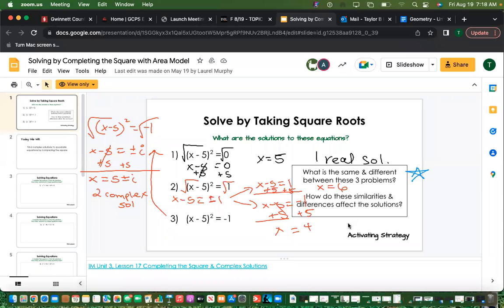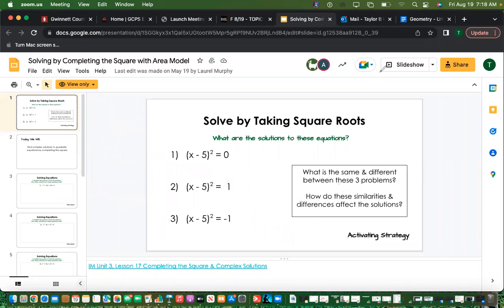So what is the same and different between these 3 problems? What do you notice? Looking at the original problems, we said that this has 1 solution, this one had 2 solutions, and this one had no real solutions, but it had complex, right? So with that being said,